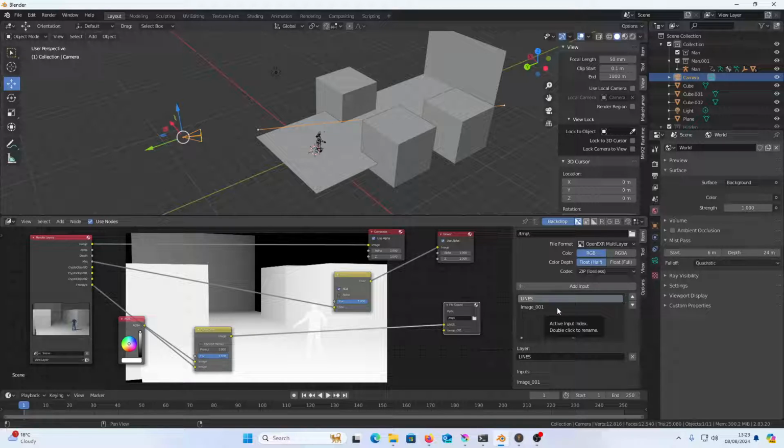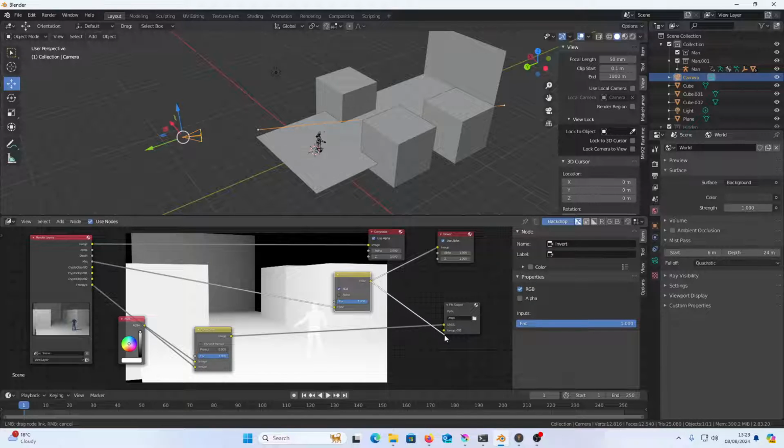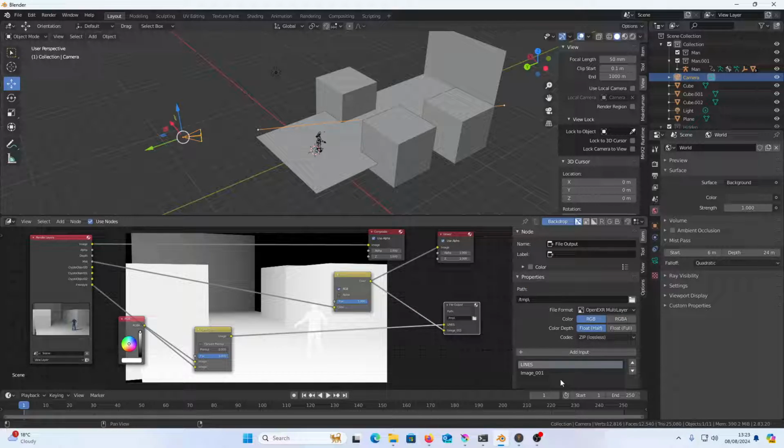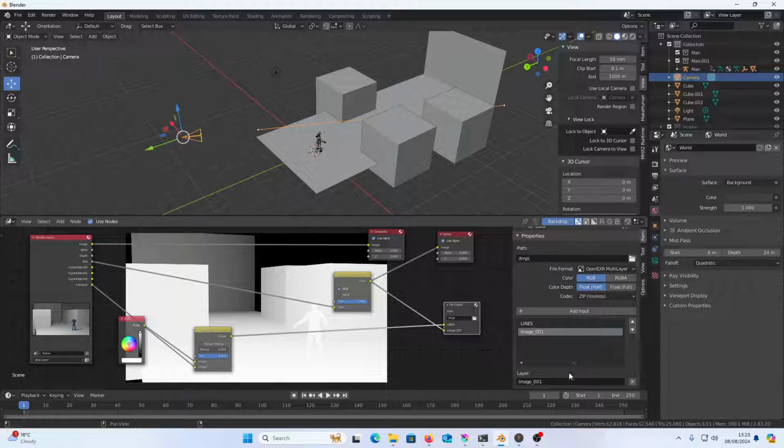So okay, the next one we want, this one here is depth. So we go depth. Okay. I mean, it's amazing. I think you can do quite a lot with just lines and depth. I mean, even just lines, it's amazing how well that works. So maybe before we go too nuts,